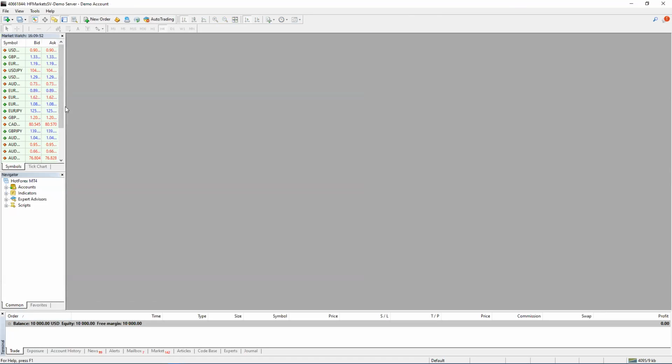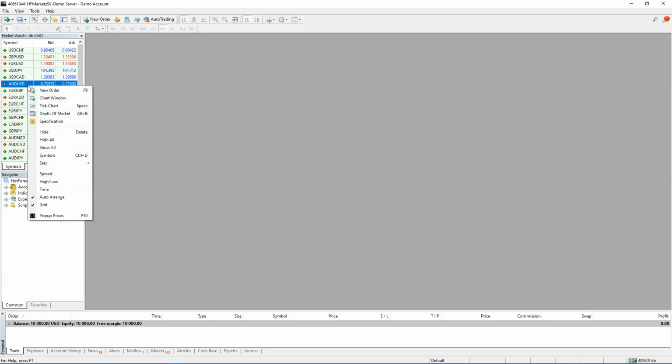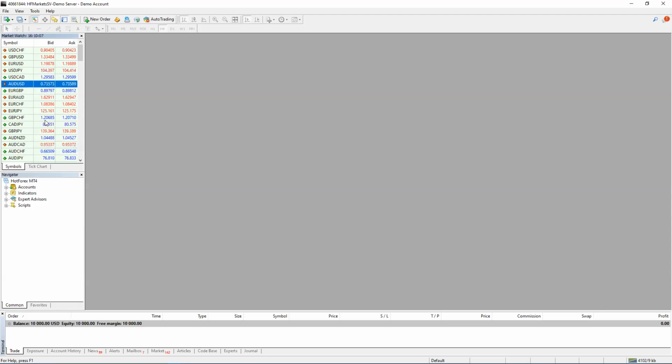The second thing you're going to do is get the currencies that you want to trade. Okay, they might not always show all the currencies. So the first thing you do is right click on any part of this, then show all. It's going to give you all the currencies that the broker is offering. Okay, so for now you're going to be using Euro USD,